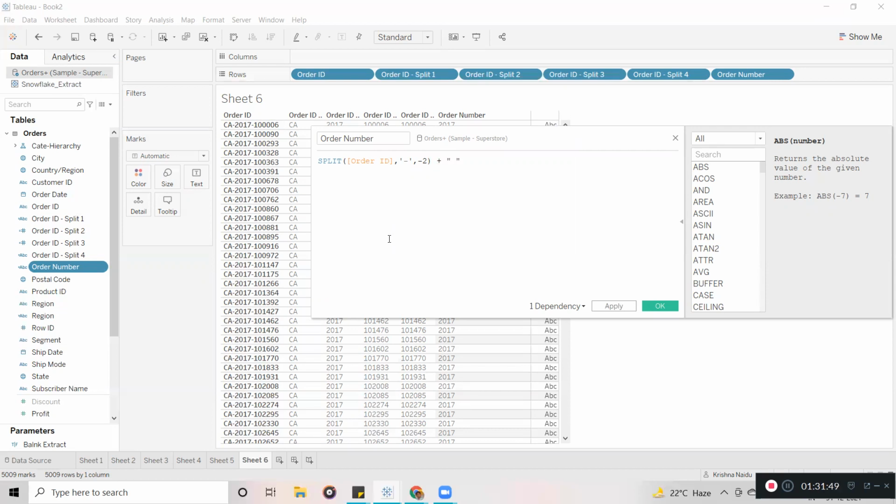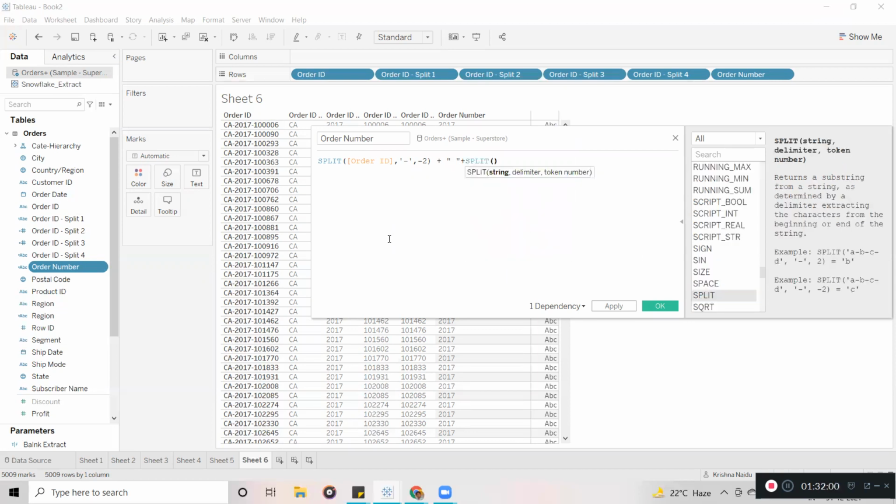The concatenation operator means we can concatenate the data. Again I am going to use split: order ID, comma, hyphen, comma, -1.